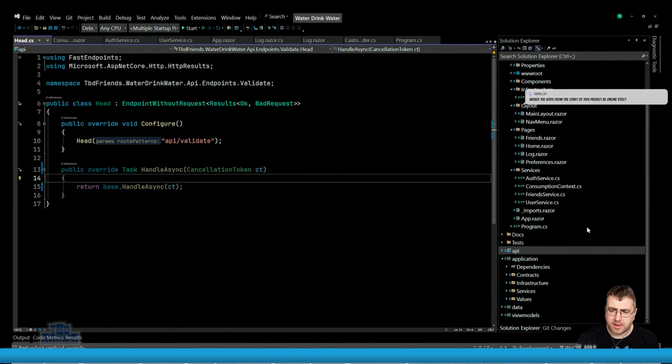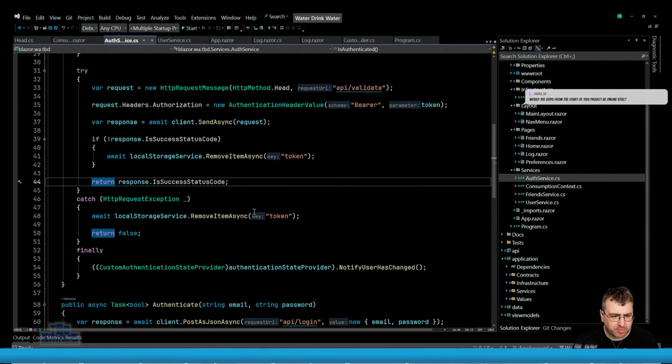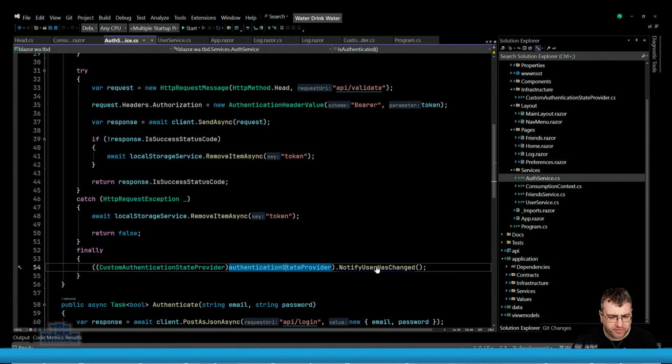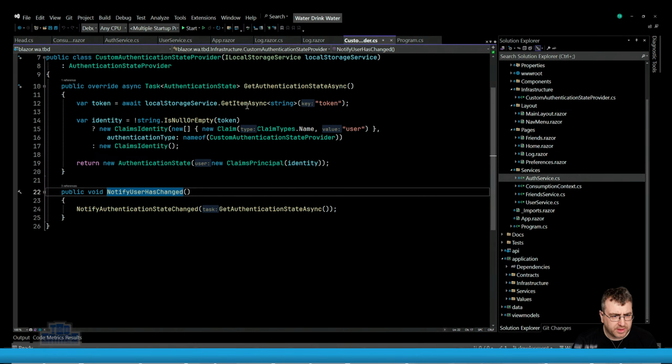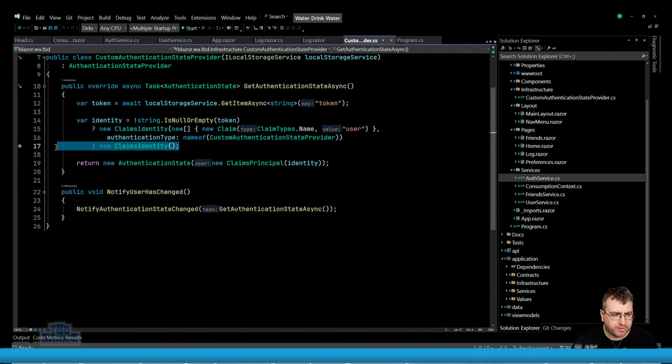So why would that error in any way, shape, or form? So we return the status, and in all cases we notify a changed, which does the get the token. If it's been removed, it will return a new claims identity, which by default,